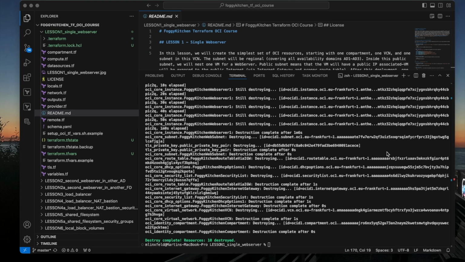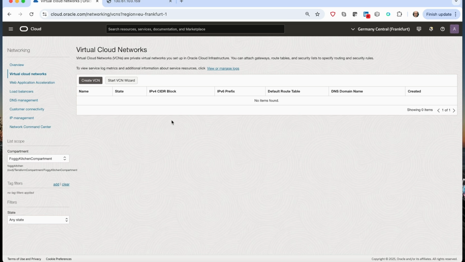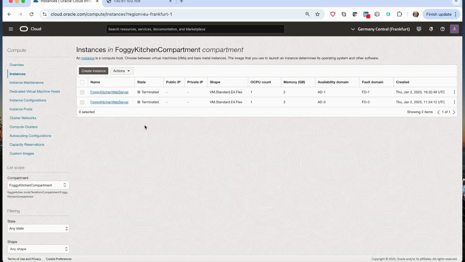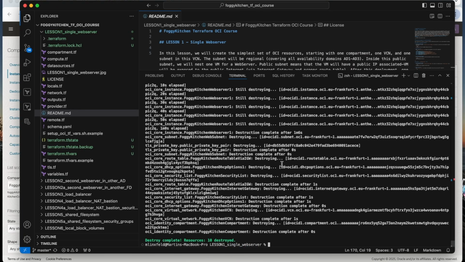Okay, it looks like 10 resources have been destroyed, so it means all elements of our infrastructure shouldn't be visible here. So as you can see, we have no VCN, no subnet, the networks have been destroyed. I can go to compute instances and I can try to see if we have any web server, but they are terminated. So from that standpoint, it means we have destroyed all of the elements,